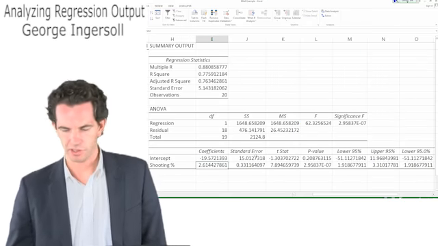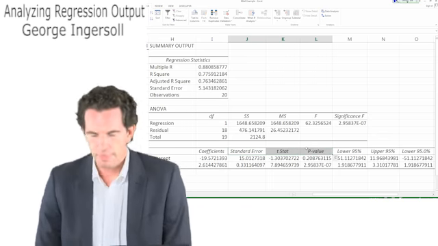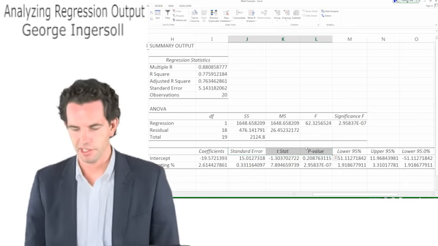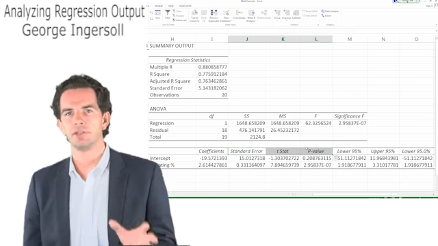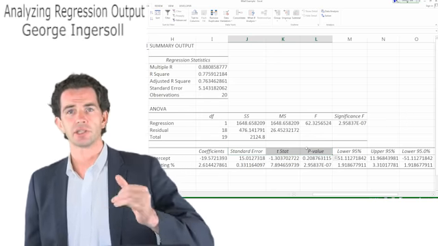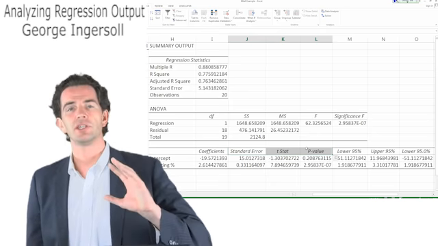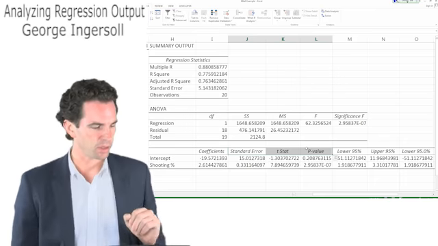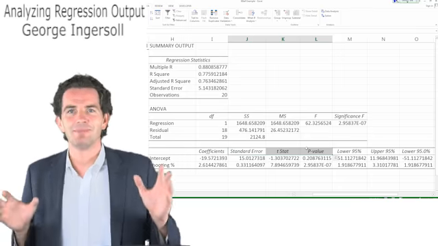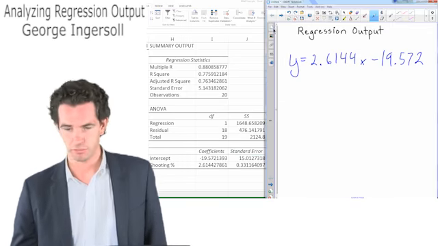Next, I want to call your attention to these three things: standard error, t-stat, and p-value. These are all very much related to each other. They all have to do with the predictive power of your relationship between the two variables. In fact, I would say they all have to do with the significance of the relationship between the two variables. Basically, just because we ran a regression doesn't mean there actually is a relationship between the two variables. For instance,